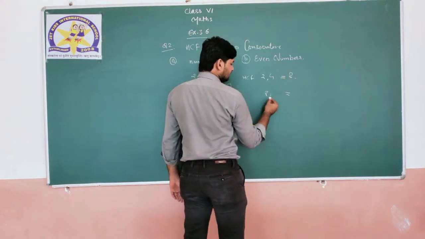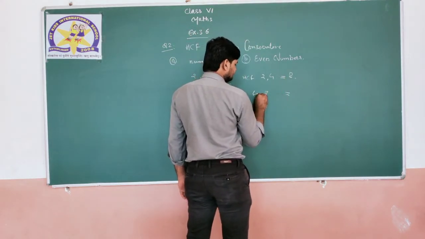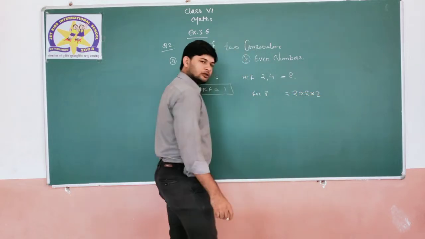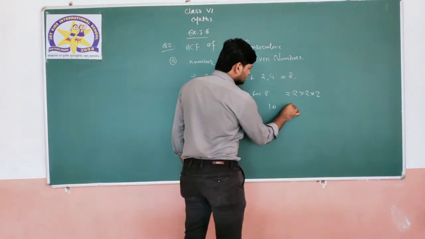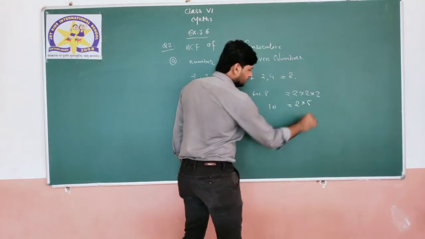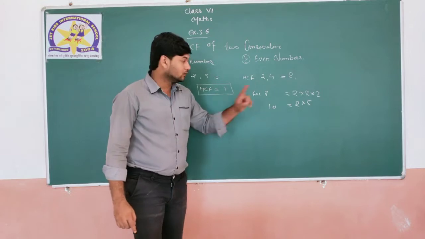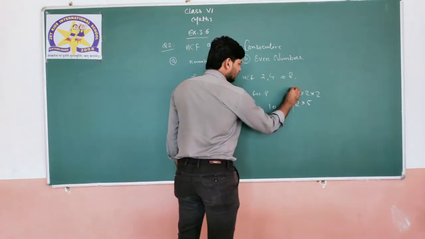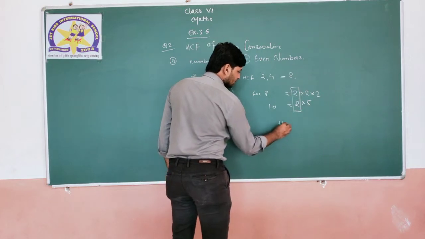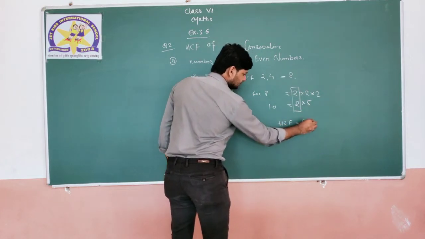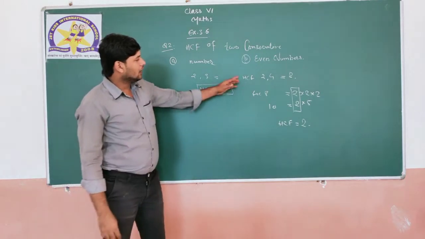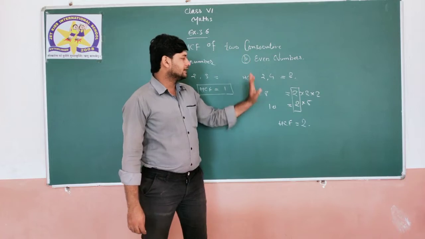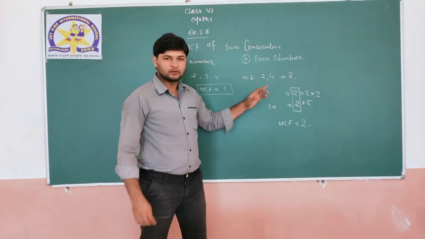For example, here we are taking factors 2 multiplied by 2 multiplied by 2, and here 2 multiplied by 5. Prime factorization, okay, no need to recall. Prime factorization, and here is the highest common factor. Clear? So, highest common factor of two even numbers,